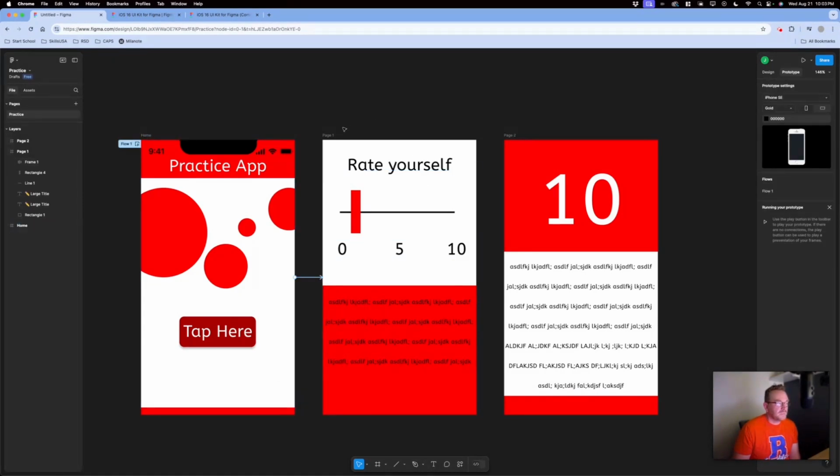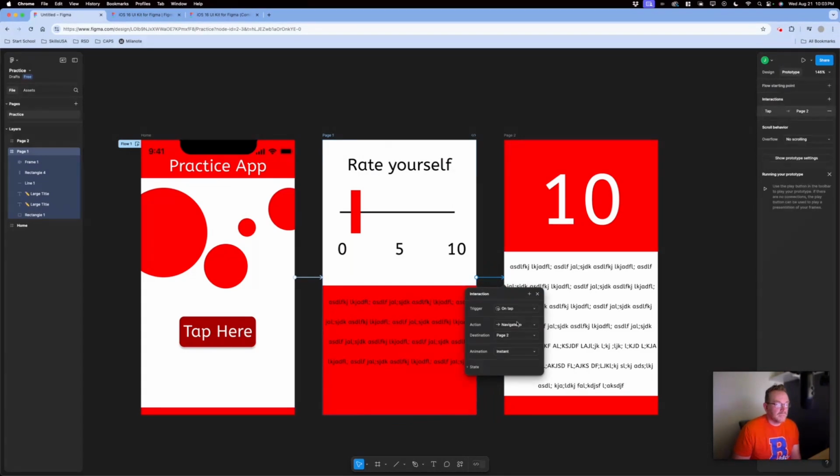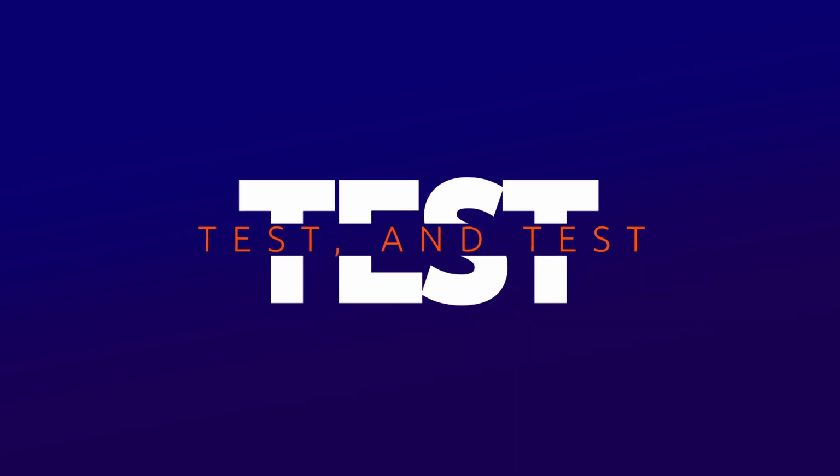We'll do the same thing. I'm going to click on page 1 up here. There's my dot. Click and drag. Boom. On tap, navigate to page 2 in an instant. We've set up some basic navigation, and now I'm going to test it out. Still in prototype, hit the play button,